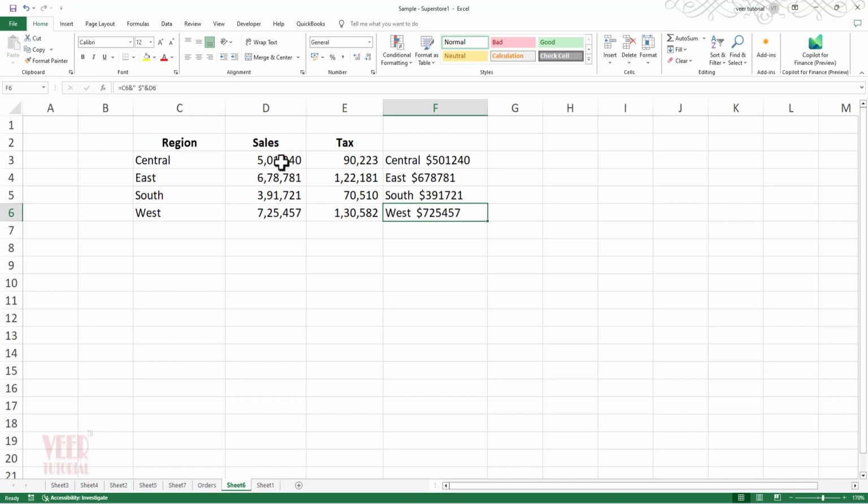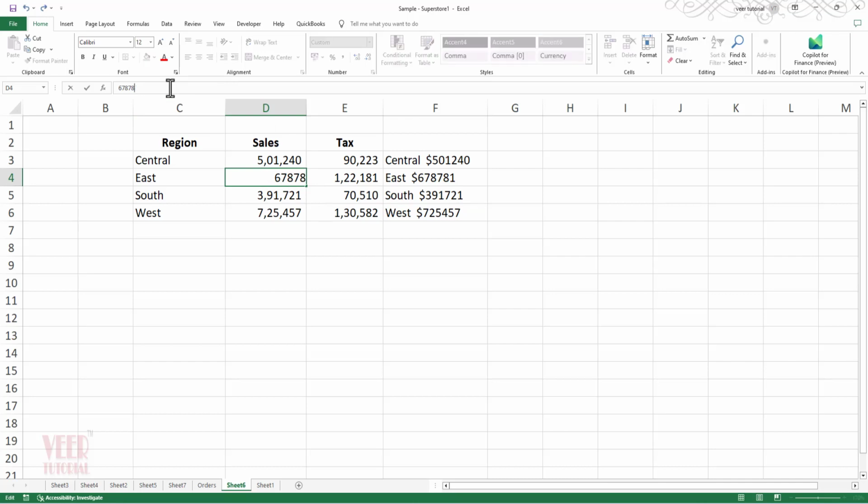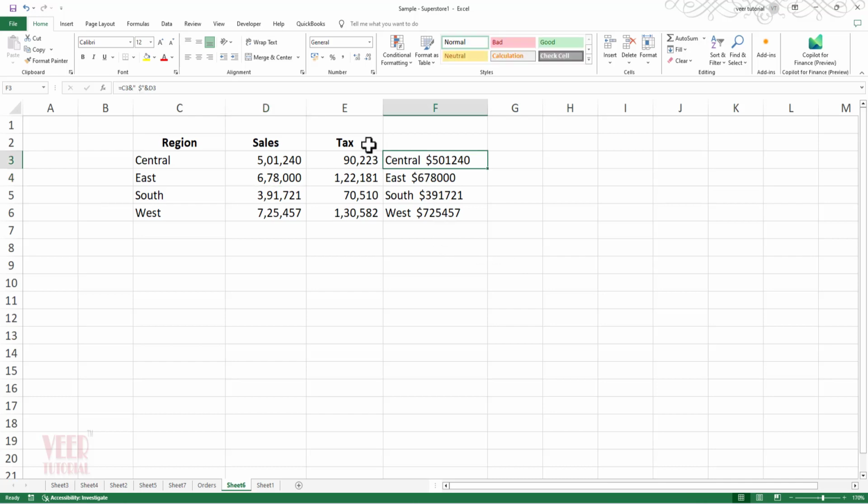Dynamic means whenever we change any value, let's say I want to change the value from here, it will change automatically here. Now I'm going to give you one more trick in which we will use the text formatting. Here we have given this one, so instead of giving a dollar sign, I want to automatically create a format. For that you have to remove this one and just input some space, and then here we will